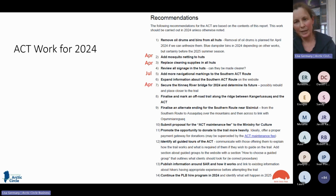So the southern route, once we actually do the markings, I'll add a bit more information about it to the website. Some of you, if you've been around in the forum for a year, will have known that the Ittinak River Bridge, which is the bridge in the middle of the trail, was very close to being washed away last year because of all the rain. And so it is currently being extended and lifted again so that hopefully it will survive this summer. And in the meantime, we're applying for funding to build a new bridge, which will be placed much